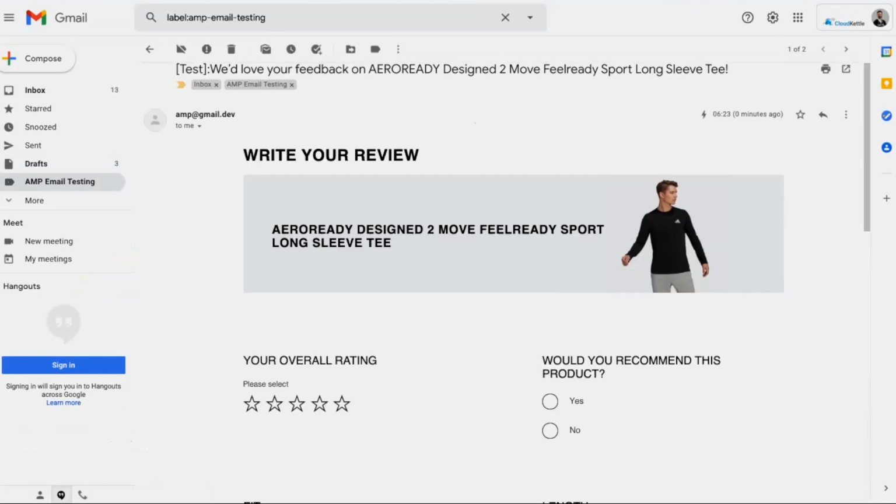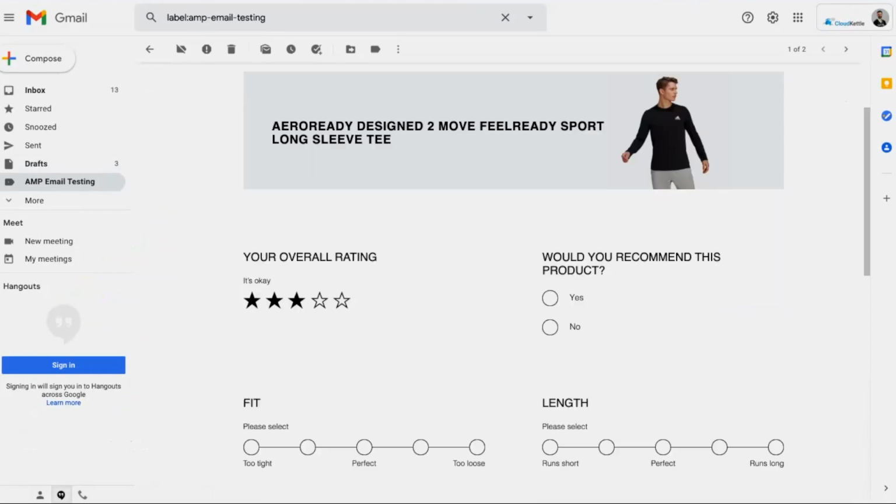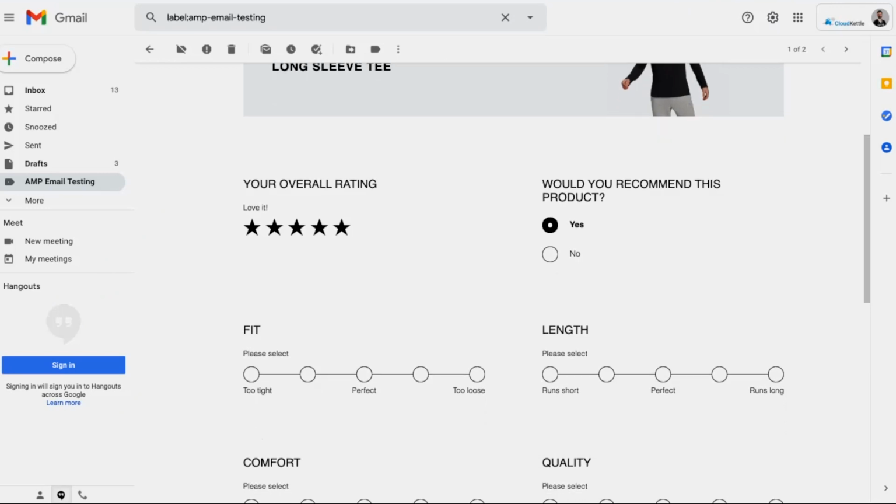So here we're sending out a review email, a kind of post-purchase email where customers can review the product within the email. When I select an option here, you can see maybe this is no, pretty great, love it. I think we'll do love it. Here I'm actually using CSS to style these form options. These are in fact buttons. But as you can see, as I'm making changes here, the label changes to reflect my selection.